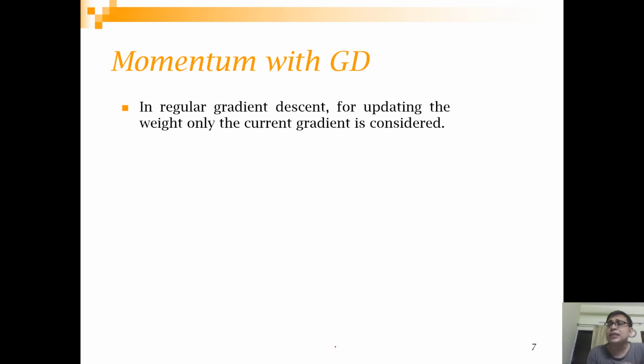All right, so now we are going to discuss something called momentum. The concept is very simple. Basically, if you are descending a hill, you are trying to go to the lowest point. What gradient descent is telling us is that it will depend on the slope that we have here.